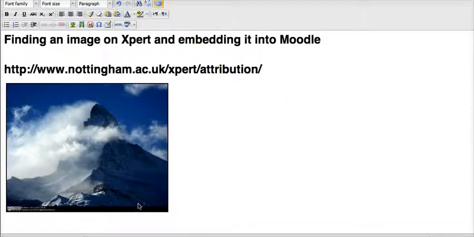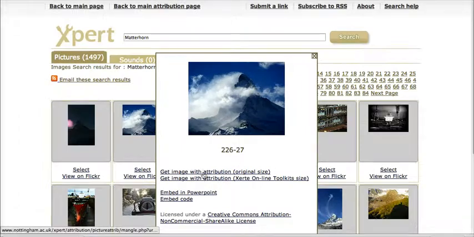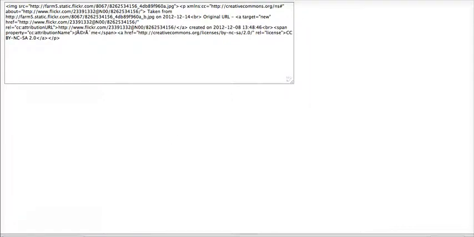And there's my image inserted, and you see that reference has gone with it and has been brought into my Moodle area. Now another way in which I could have done it, if I go back to my Xpert page, is rather than doing that top option, if I come down, I've got the option of Embed Code. And what that will do is it will again create a new tab, and it will give me the embed code. Now I could just copy that,